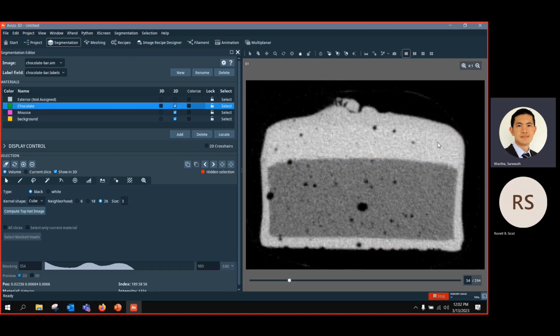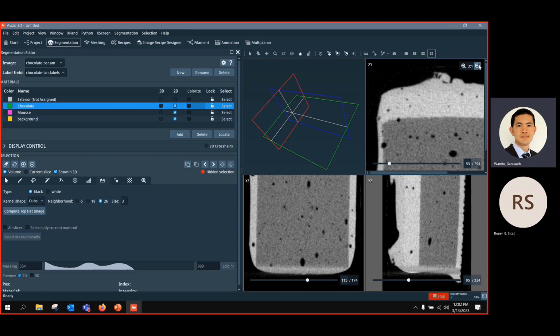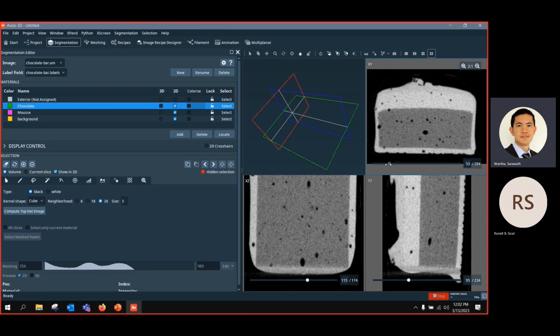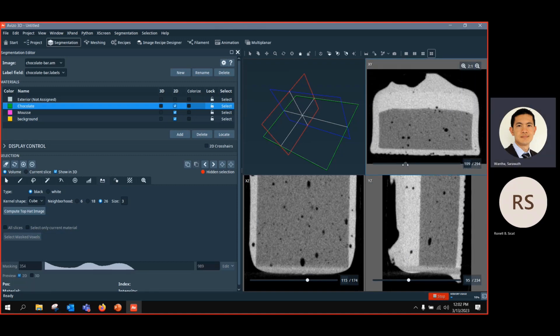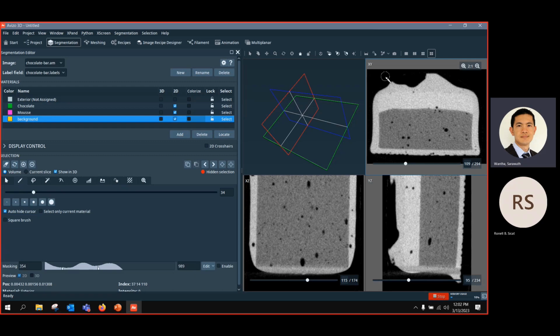So I remove everything and go to full viewer like this. For watershed segmentation, we need to create markers, and how to create markers is really easy. You just go to one of the materials, for example, start from background. I want to define a marker for background, so I paint it with the brush tool here. Make sure you paint only the background without any part of the layer, or you can paint it more here. And then I assign this painted mask voxel as a marker for background, the yellow one here,